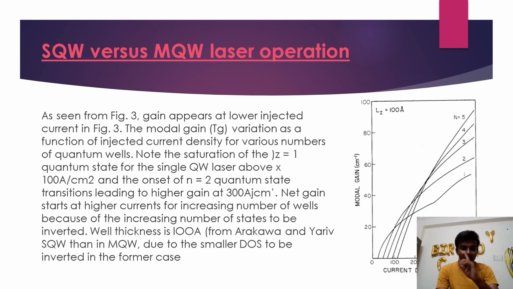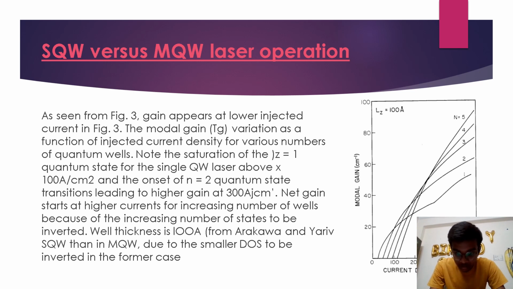SQW versus MQW laser operation. Seen from figure 3, gain appears at lower injected current. The model gain variation as a function of injected current density for various numbers of quantum wells. Note the situation of n equal to 1 quantum state for the single QW laser above 100 ampere per centimeter square, and the onset of n equal to 2 quantum state transitions leading to higher gain